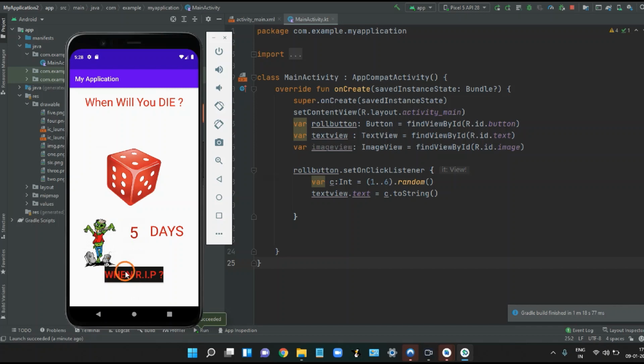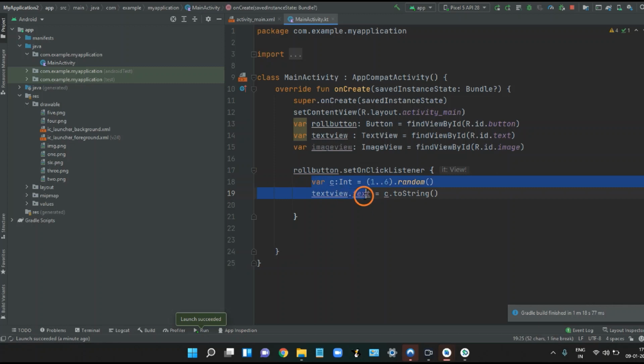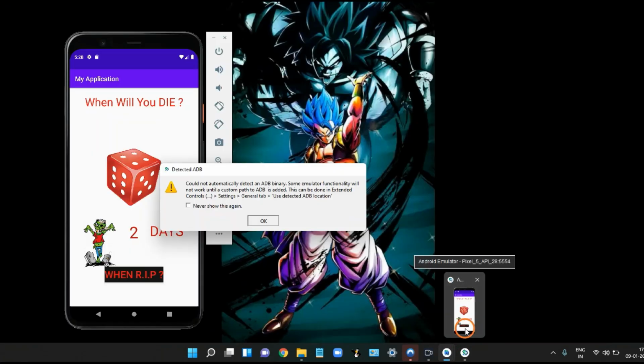So whenever I click on this button, this number will change. Okay, so this much code is helping with the change of that number. This 1 to 6 is giving random numbers, and this toString is converting it to a string and displaying it in the text view. Okay, so now let's work on the dice roll, how to change the dice roll image.